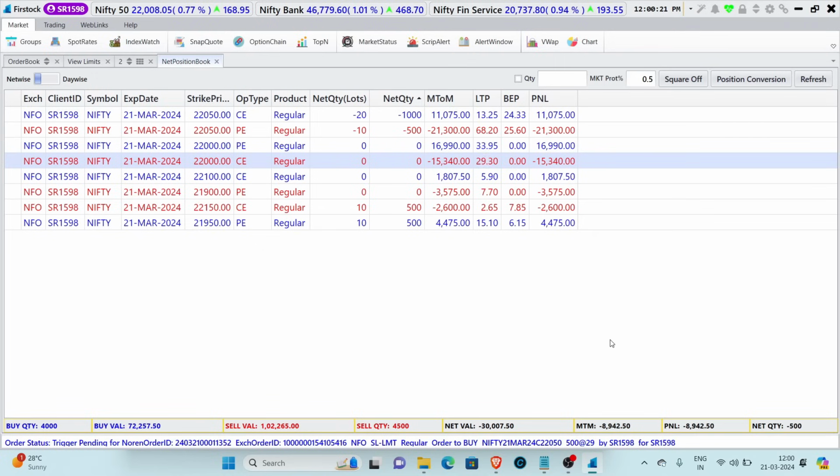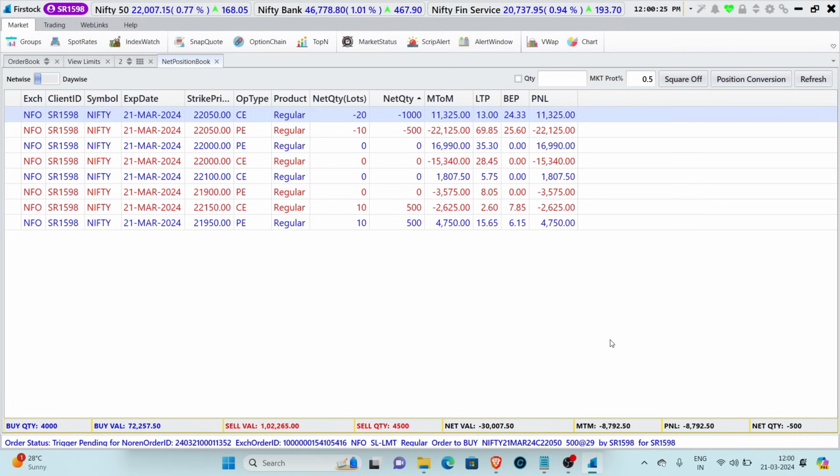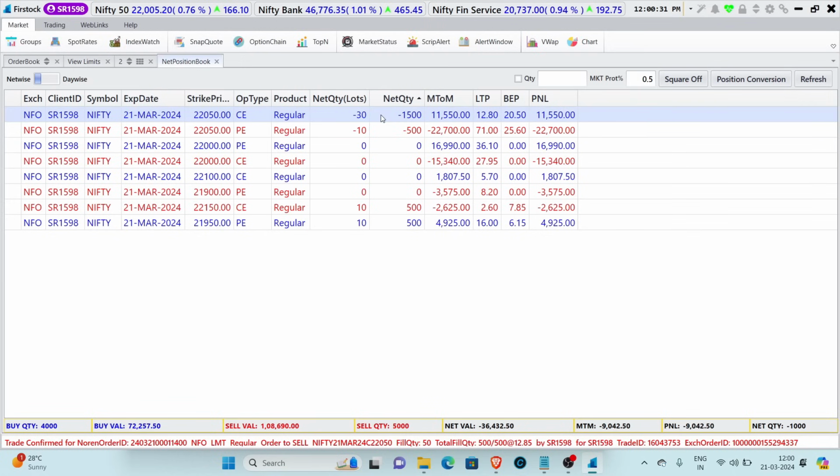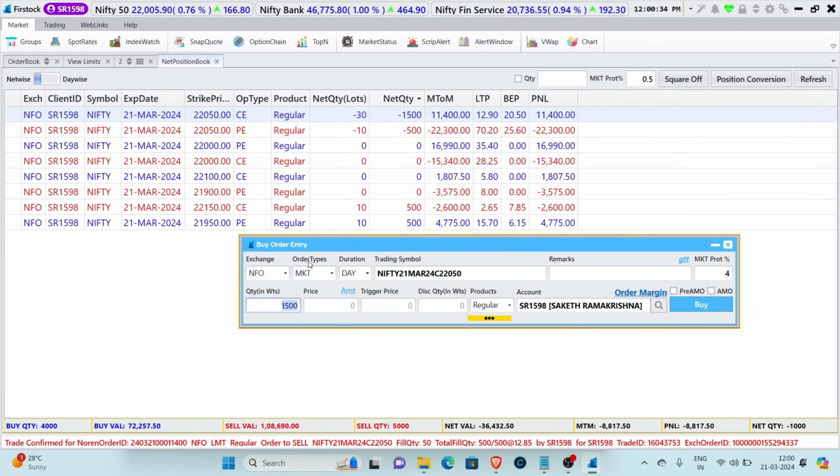So we will continue to hold on to this 22,050 now. So the ratio is also again becoming something like 1:5. So I can also end up shorting some additional quantity of call option. So what I'm going to do now for this additional quantity, I'm going to keep a stop loss of 20